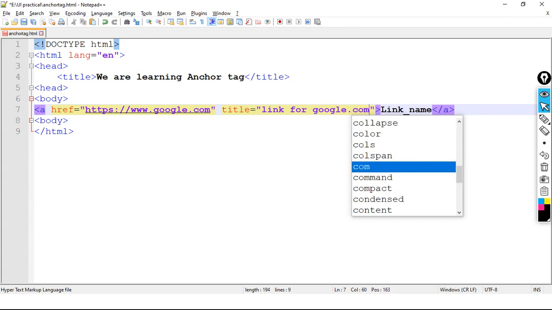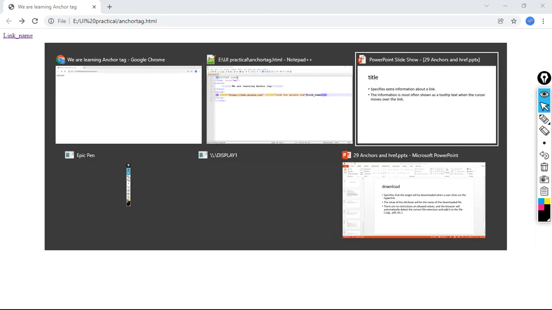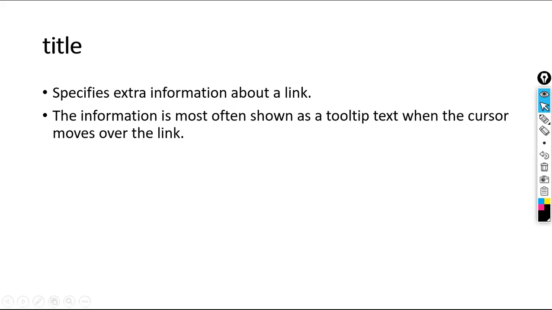Let's save the code and here let's refresh and let me move cursor here. Now what we are getting, we are getting tooltip link for google.com. Understood? So this is the magic of title attribute. Now let's move on.